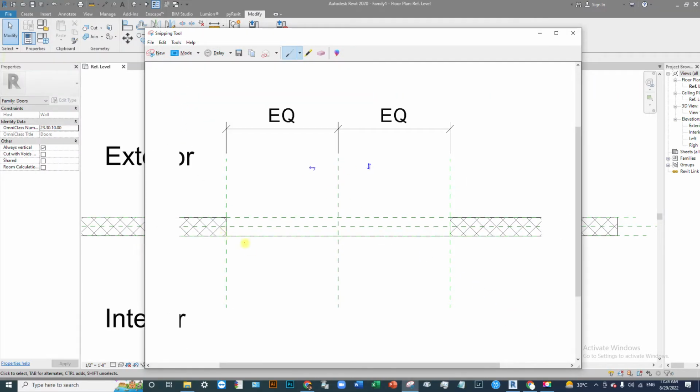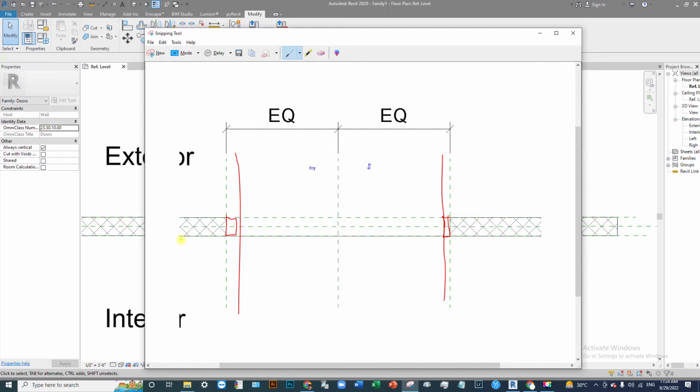Okay, the main frame is set in this position, this position and this position in plan, and on the other side we set this door frame. Okay, and we create some reference planes on this side and this side,